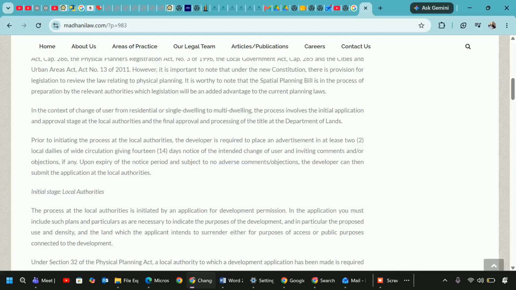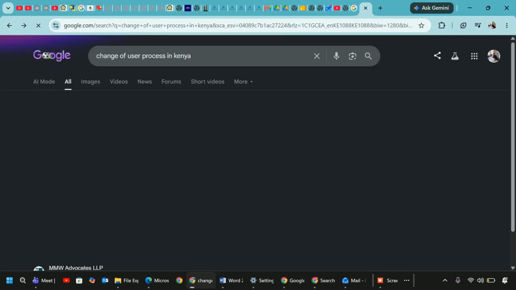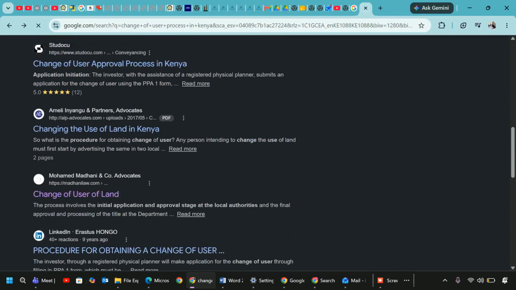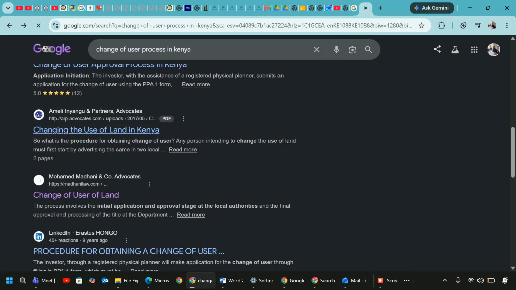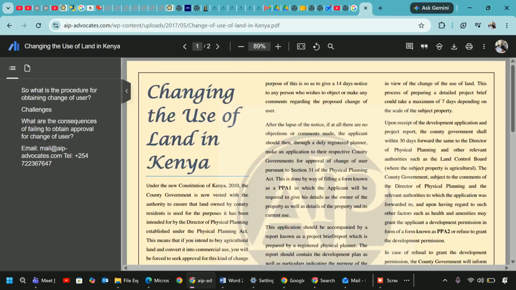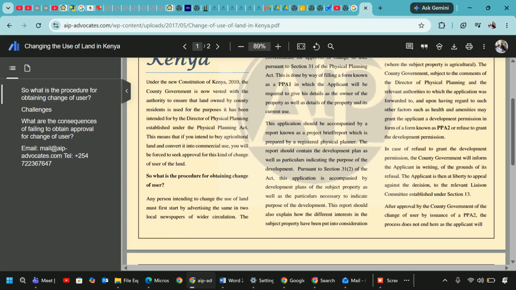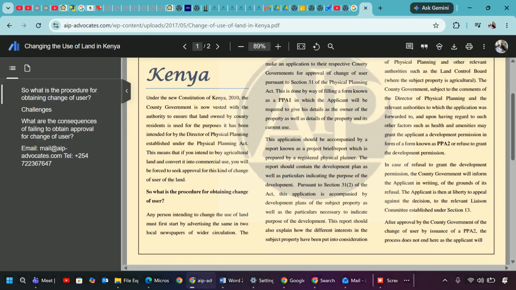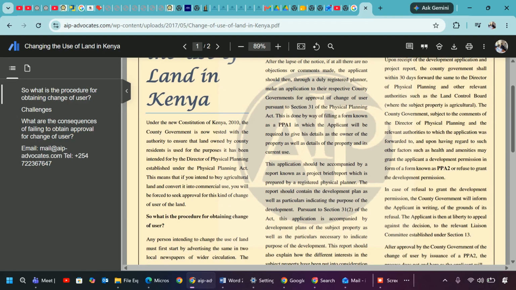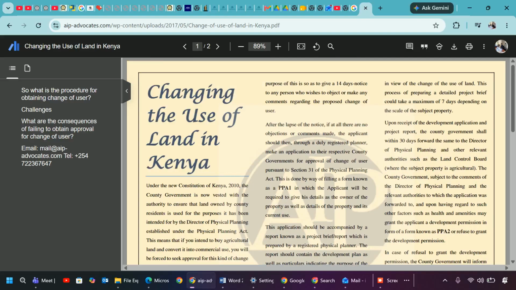So let us look at an alternative blog to see whether there is somebody who has decided to analyze the same and put it in a procedural manner, or the key steps that are required for this process to go on smoothly. So the process of obtaining a change of user in Kenya